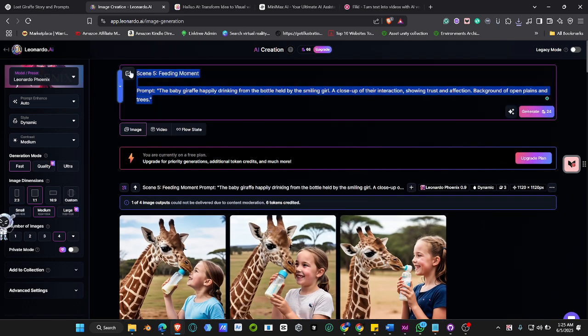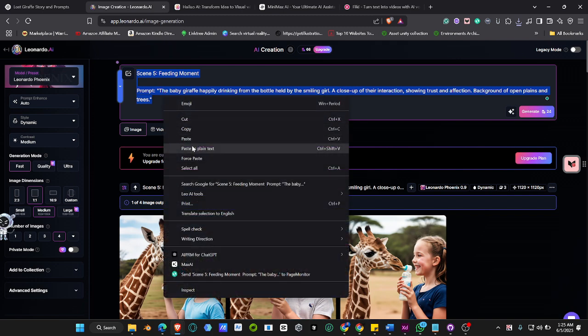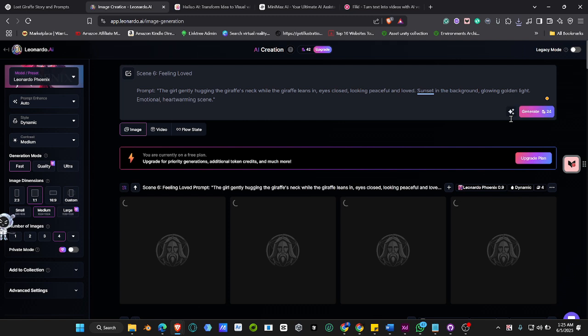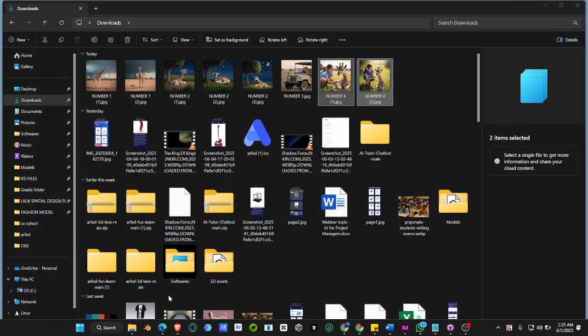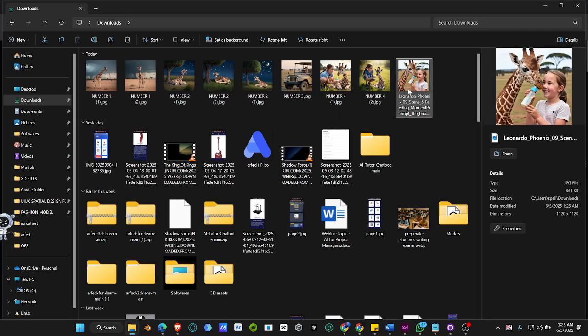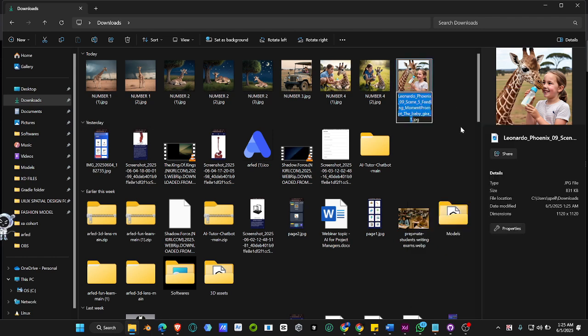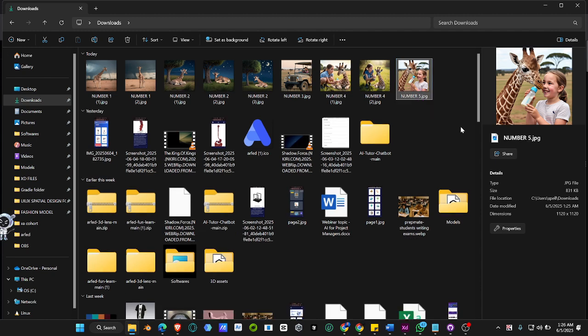All right, so let's put in the 6th prompt. We just click on generate. Let's rename our recently downloaded image, number 5. So you see, numbering is very important because when we are editing the video, we're going to have to know which number comes before the other.